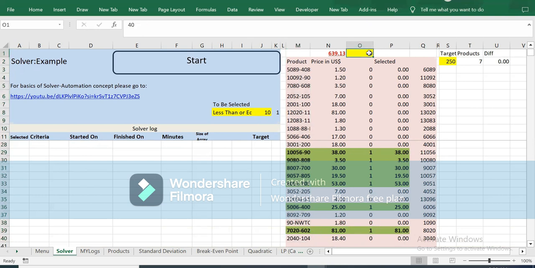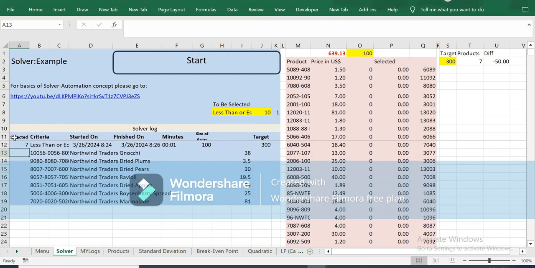If you say 100, it is going to bring 100. The larger it is, the easier it will be for the solver to make the desired package and pick that much in dollars, so that the dollar amount for the selected items should not exceed this. And this is our target. So we are making a deal of, for example, $300. The solver is going to target this. As soon as this becomes 0, it means the selection is done, and it is going to bring the result in here,